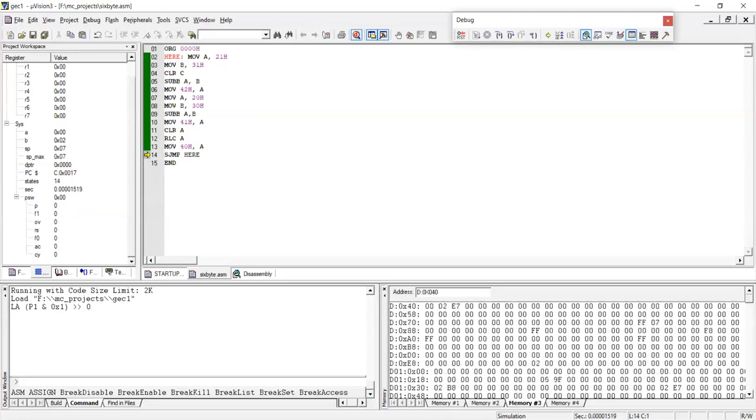So what is the result we have? 02EF. The subtraction of 059F minus 02B8 gives 02EFH. This is how you perform the 16-bit subtraction.